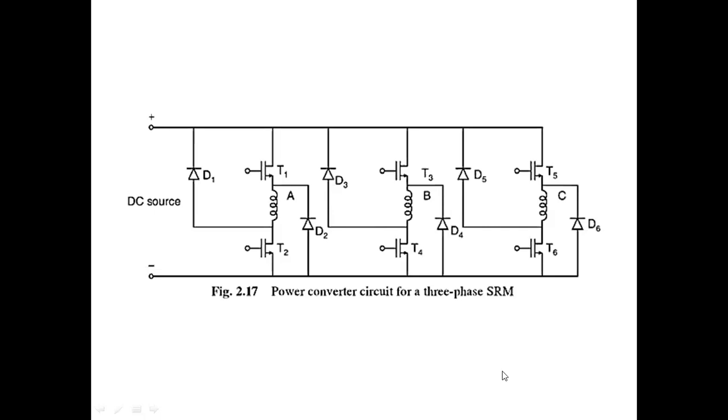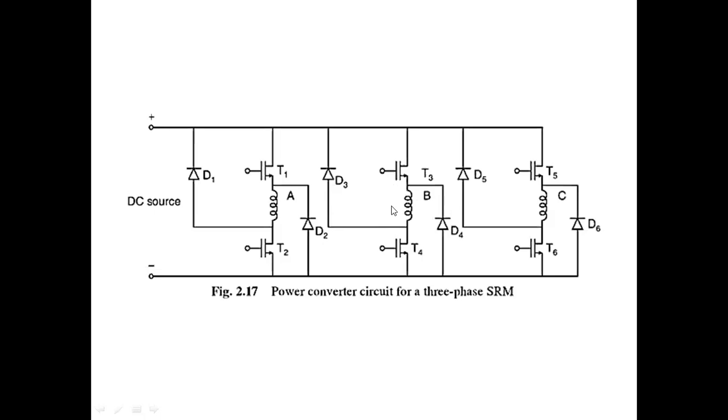If you consider when phase B is excited, here T3 and T4 are conducting and the remaining four switches are off. T1, T2 are off, T5, T6 are off; T3, T4 only are in the turn on position. Before turning on the switch,